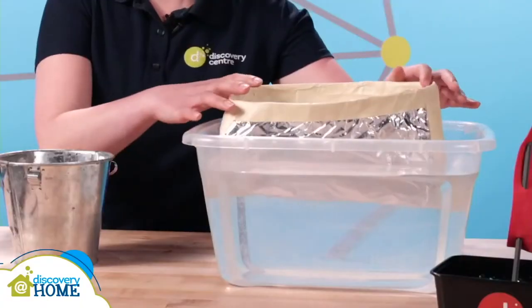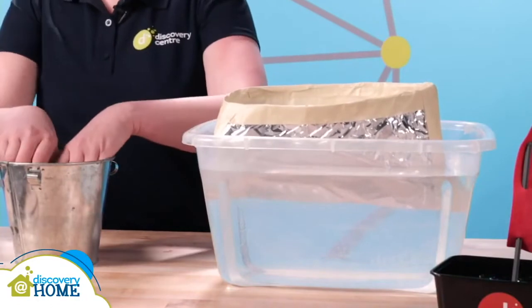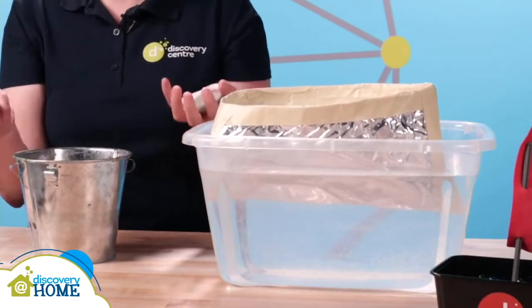All right, so I've got my weight spread out. We could see that that definitely affected the boat's ability to float, that tippiness. So let's think about the factors that will affect it carrying weight. The size of the boat itself, the bottom, whether it's flat, whether it's pointy, all of those things can make a difference. The materials you made it out of as well also make a difference. Is it sinking? Are the materials too dense, for example? So once you've decided, yes, your boat floats, or have made some modifications because it didn't, and that's okay,